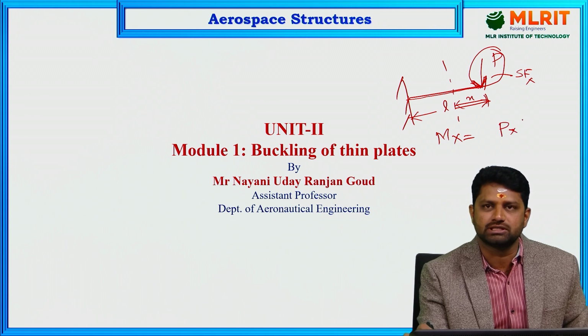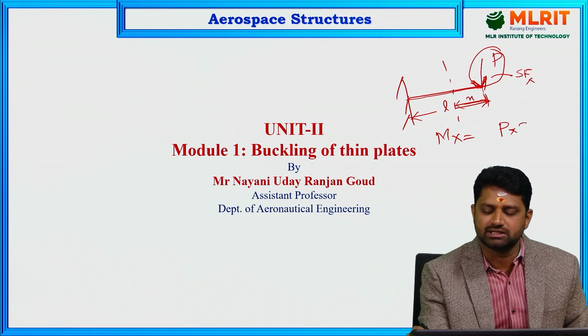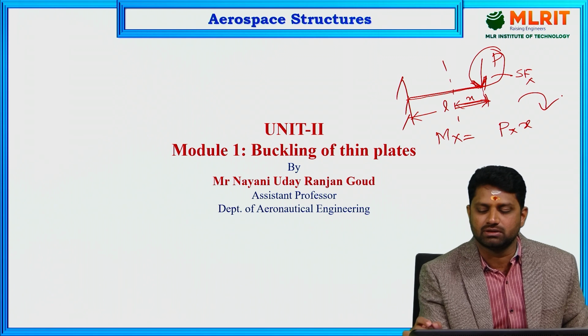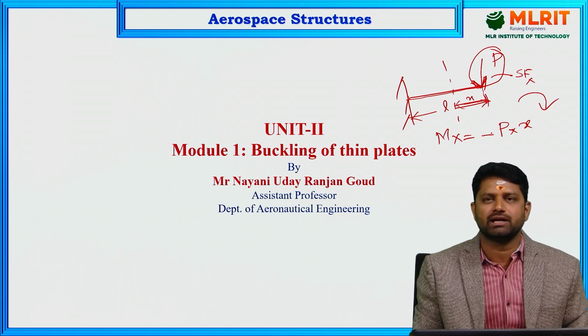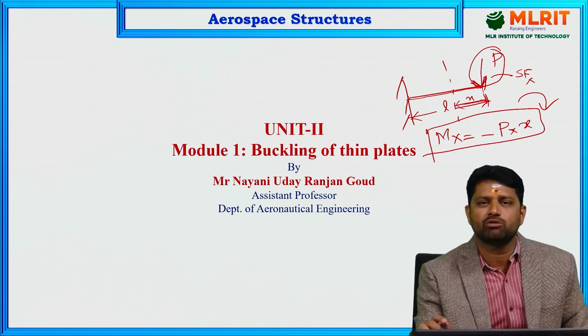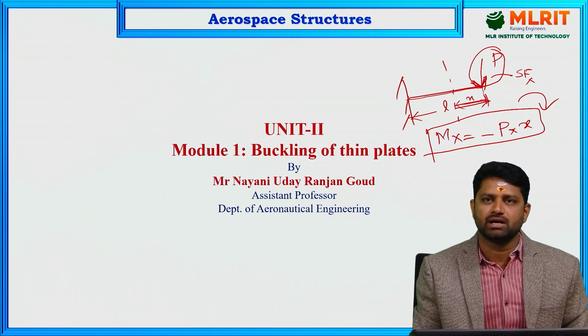So the force is P, and the perpendicular distance from this point to the section is x, and again it is going to give a hogging moment, therefore we get a negative sign, so minus P into x. Now this is the bending moment. So bending moment deals with the forces which are acting transverse to the axis of the beam,